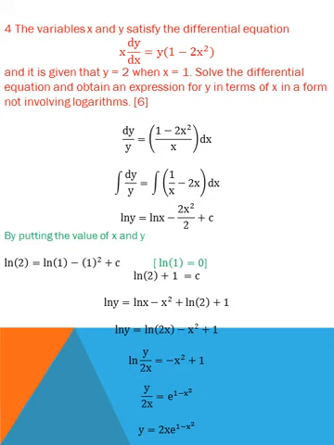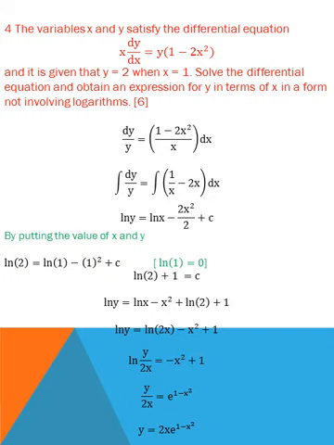When I simplify this, ln of y is equal to ln of 2x, because I use here the rule of ln. When ln is given in sum form or addition form, then it will become multiplication form. If there is a negative sign between both ln, then we should apply the division rule here. So ln y is equal to ln of 2x minus x square plus 1. I take ln of 2x on the left hand side and use the rule of logarithm here. When there is a negative sign, then ln will be divided. So y over 2x is equal to minus x square plus 1.